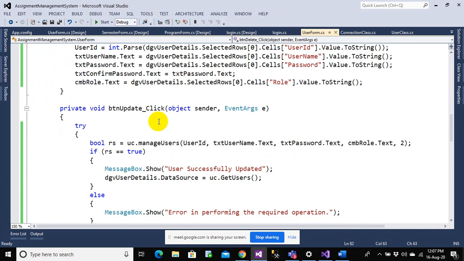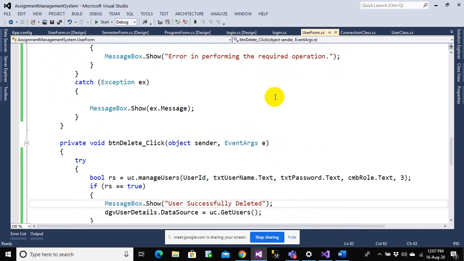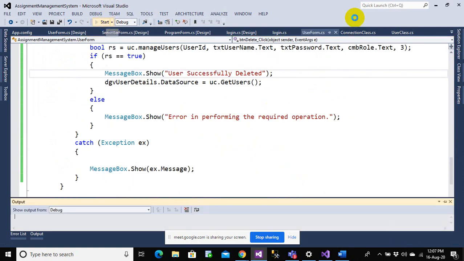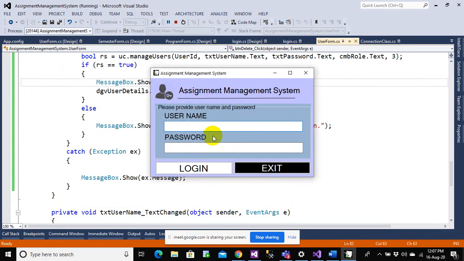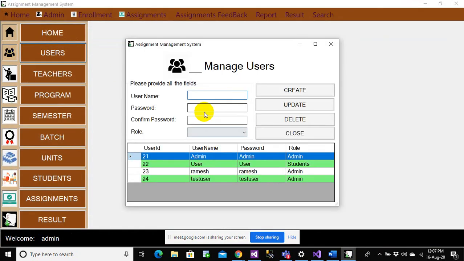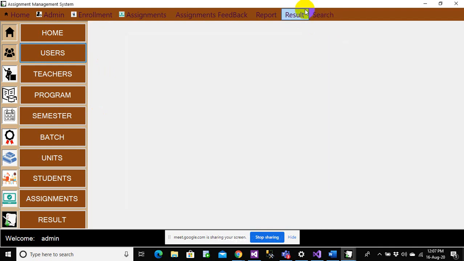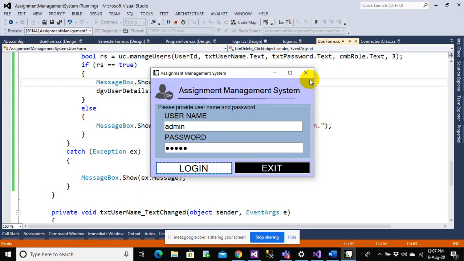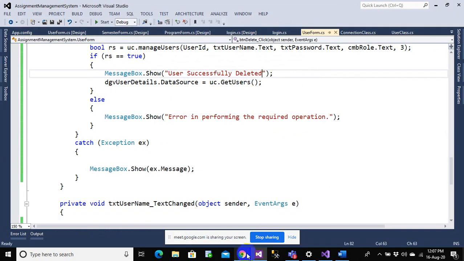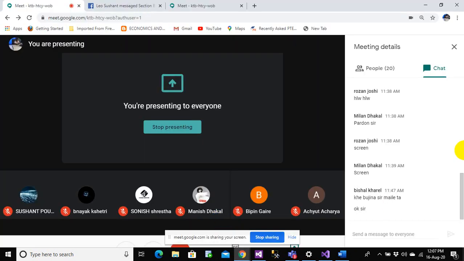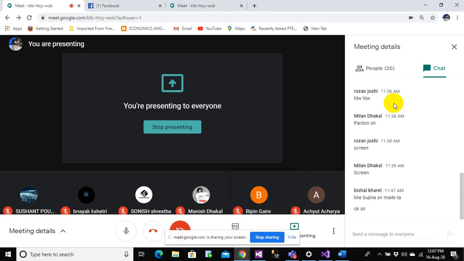So we'll stop here for today, everyone, and I'll upload the video and send you the video link. For tomorrow, we'll also try to make some validations here. For example, we want the password and confirm password to be the same. We do not want any field to be blank. We want the role to be selected. And on the delete button click, we want a confirmation: are you sure you want to delete? Such things we will do tomorrow, but make sure that you also try it out at home. If you encounter any problem, you can let me know anytime. And at the last, if you have any questions regarding this, please let me know. If you have questions, anyone in this class.